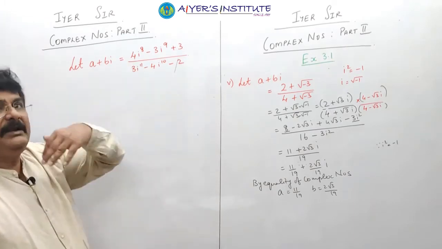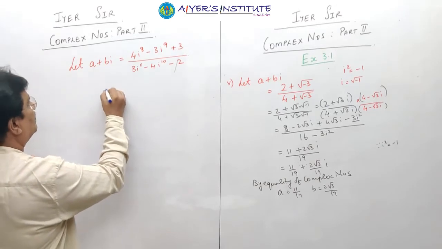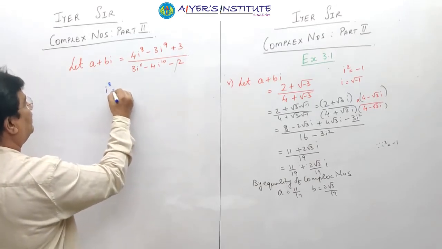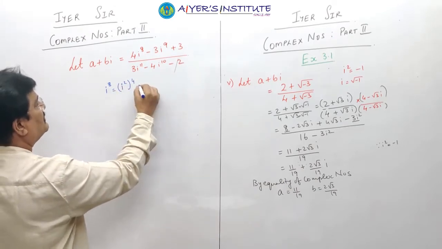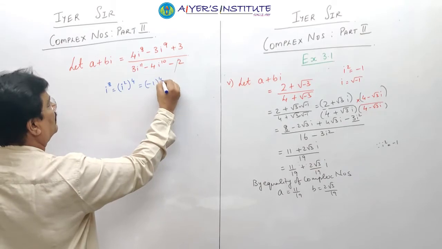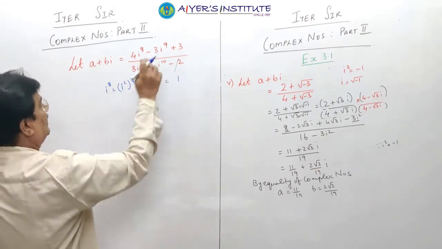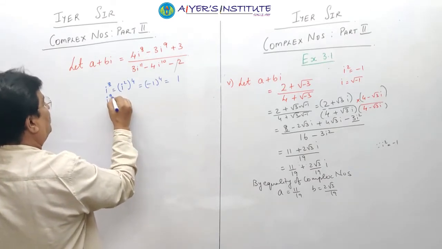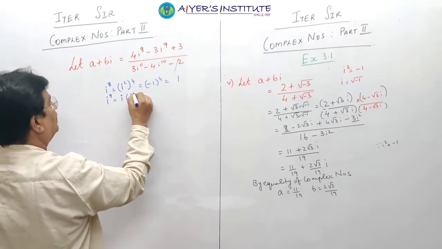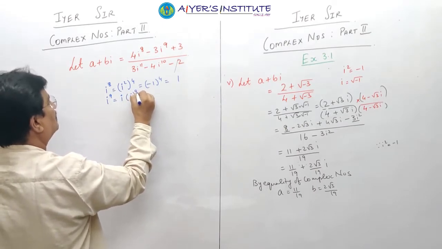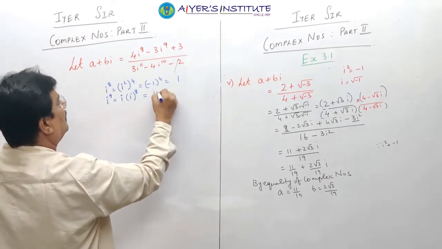Now this again takes us back to how to find the various values of i. First, i raised to 8. It's an even number, so we write it as i squared the whole raised to 4. i squared's value is minus 1. Minus 1 raised to 4, minus 1 raised to an even number is plus 1. Second, I'm going to find the odd one. Whenever we have an odd power, take out one i. i raised to 8 we have already found out, and there is an extra 1, so i into 1, which will be i.